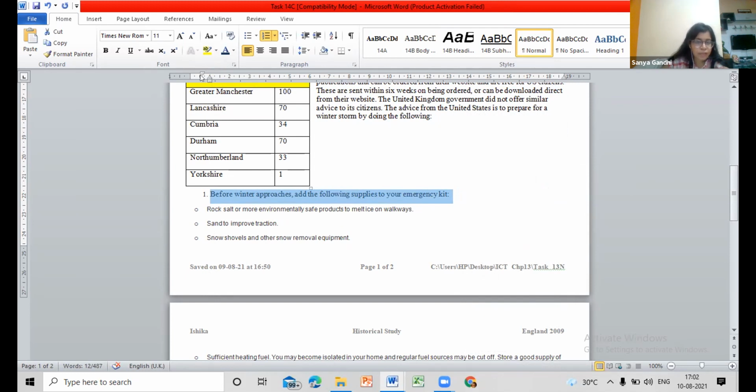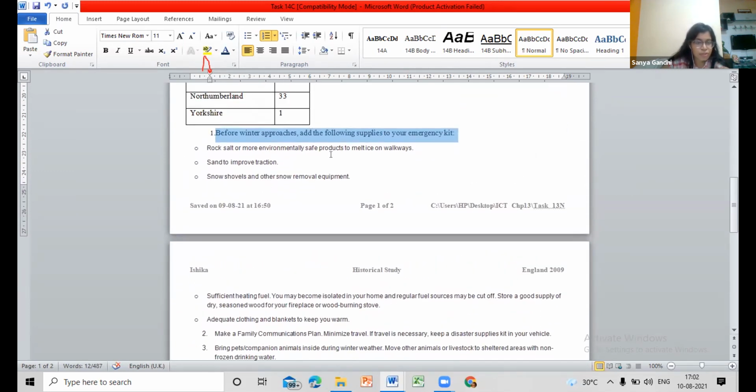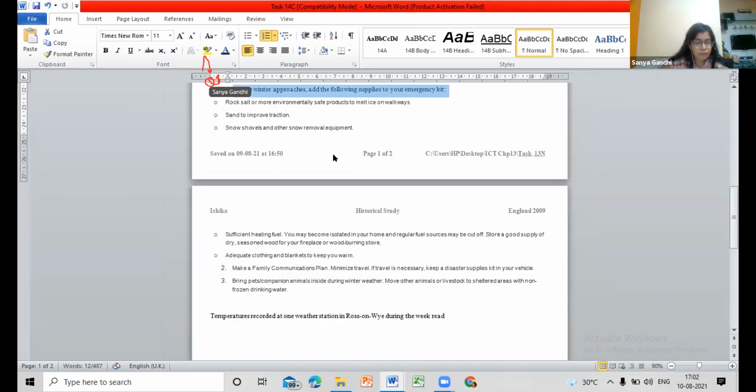This one, dear, the left one. So you shift this one as well, no? You shift it somewhere after this. But the first one should come on the 1.